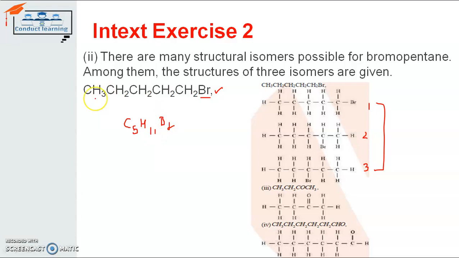As you can see in this formula also there are 5 different carbon atoms, 1, 2, 3, 4 and 5. Accordingly there is 1 bromine atom, and the number of hydrogen atoms are 3 plus 2 is 5, plus 2 is 7, plus 2 is 9, and plus 2 is 11. Accordingly the 11 hydrogen atoms are also there. So now we will draw the structural diagram of it.